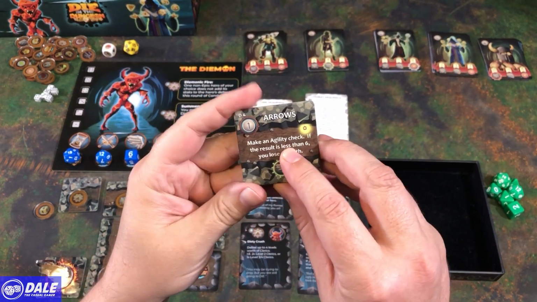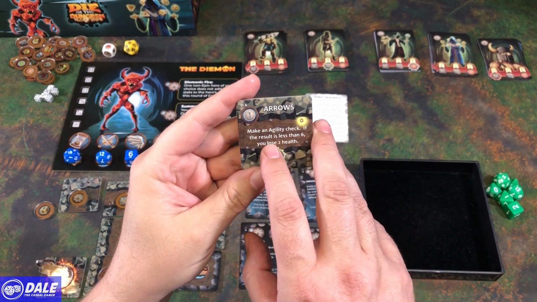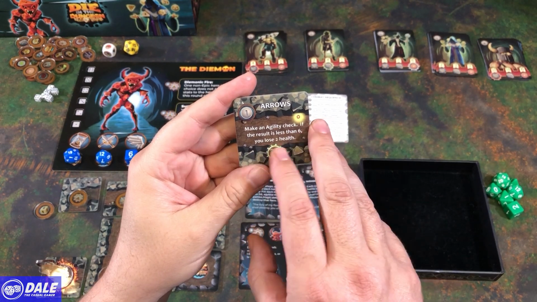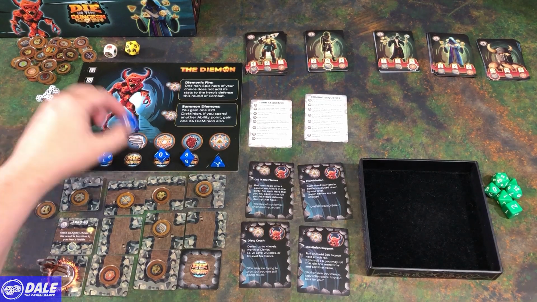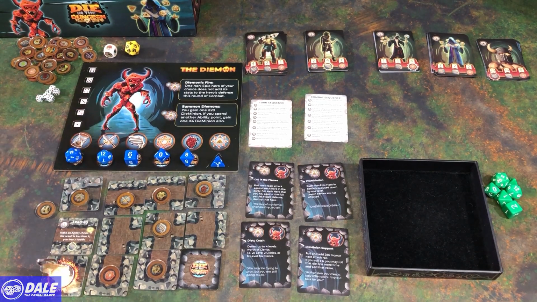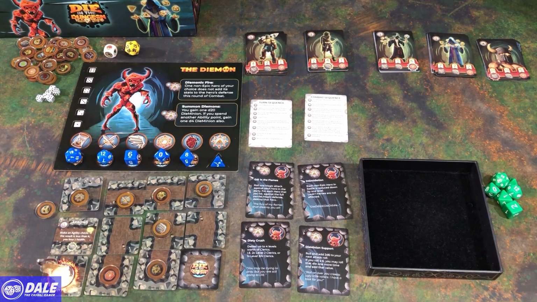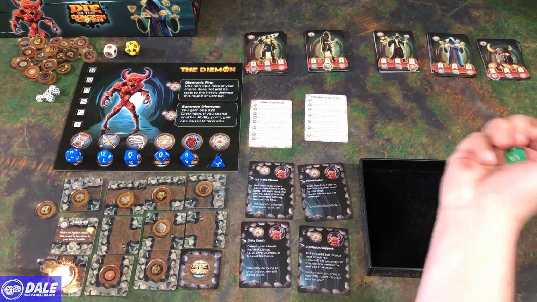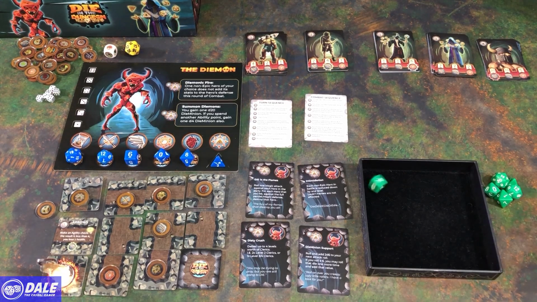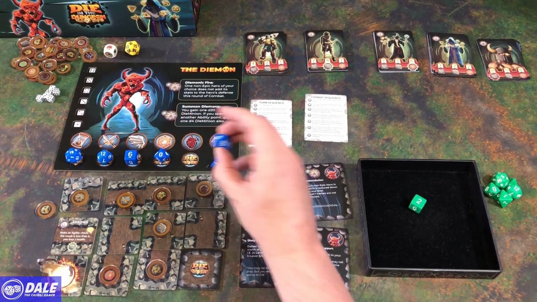We'll flip that over. See, we're going to be fighting level 1 archers. Make an agility check. If the result is less than 6, we lose 2 health. So our agility is a 6, so this is not our best stat. So we're not going to roll those dice. They are going to stay there. So we'll bring in our other dice. Rolling a D6. And we need a 6 to make this happen. And we got a 2. So we're going to lose 2 health, just like that. So down to